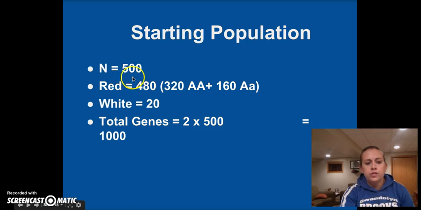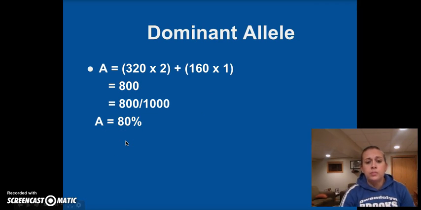So we've got 500 plants, 480 of them are going to be red, and then 20 of them will be white because they are homozygous recessive. So now that's 500 total plants, but because each plant has 2 alleles, that gives us 1,000 alleles, or genes, total within this population. So when we want to calculate P, which is the percent of the dominant allele, what